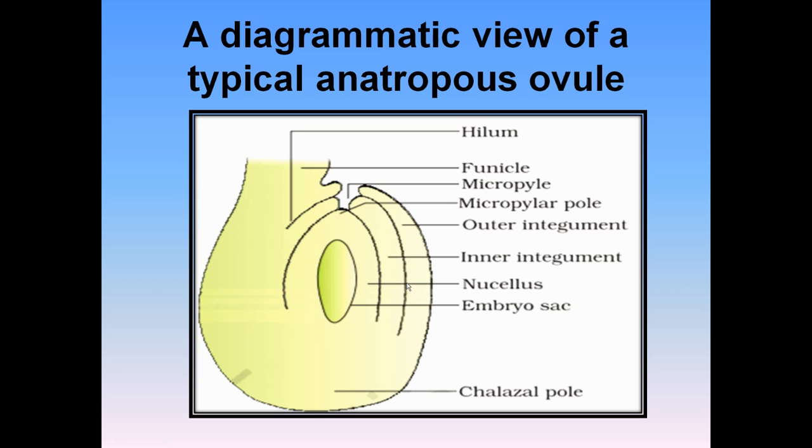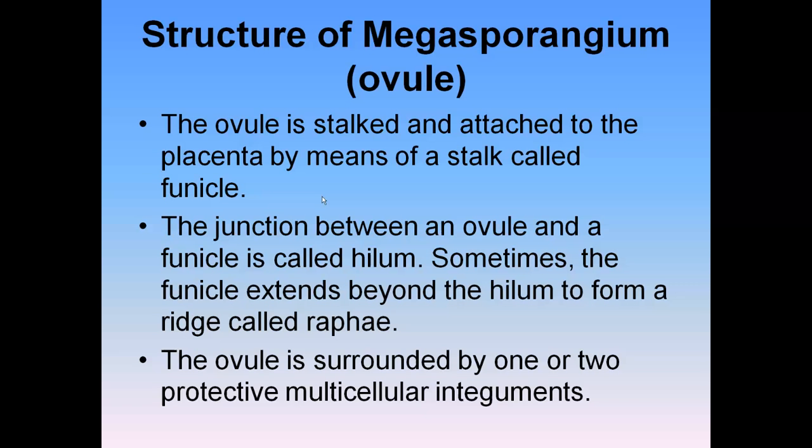And the embryo sac is protected with the help of integuments. And the integument comprises two layers. One is the outer one, another one is the inner one. Inside the inner one, the layer of nucellus cells is there. Nucellus is meant for providing all sort of nourishment to the developing embryo sac. The integument layer is absent at the micropyle, and the hilum acts as a junction between the funicle and the ovule. Now have a detailed understanding about each and every part.